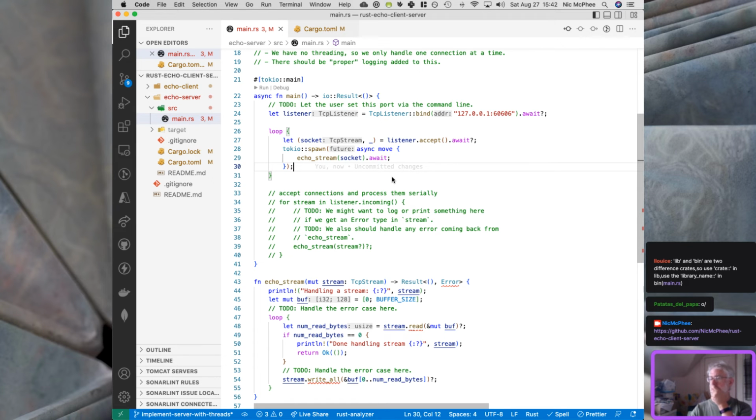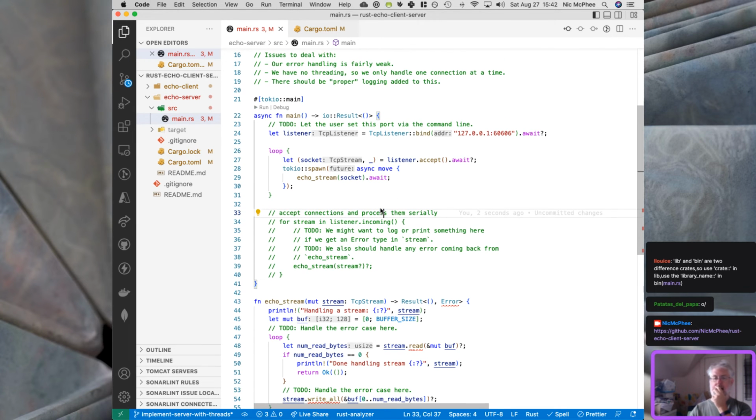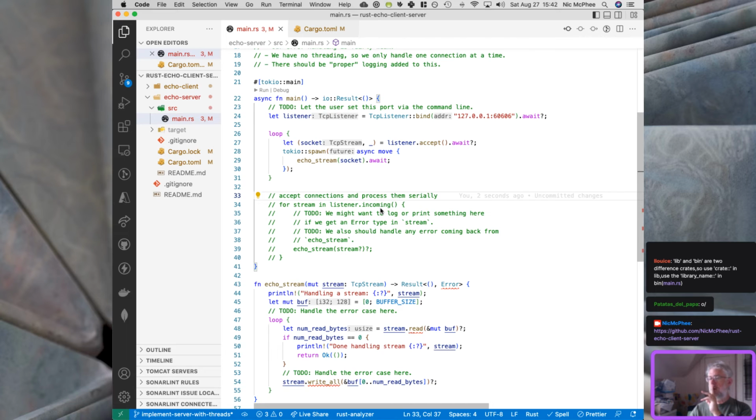Okay. So that, I think, will loop, get a connection, which gives us a stream, a socket, and then we will,